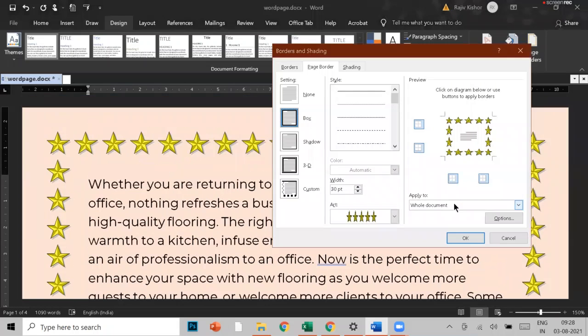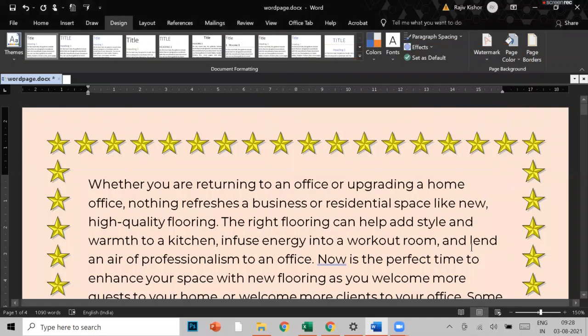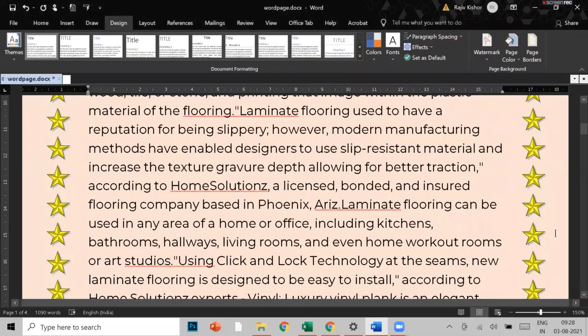There is one option like whole document. It means that in case I have 2 or 4 pages or many pages in my document, the border will apply on all the pages. But if you want to have it only on the first page, there is one option, this section first page only. So it will appear only on the first page, not on the second page.